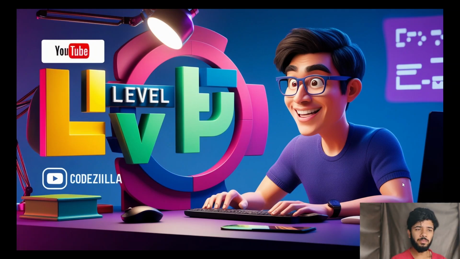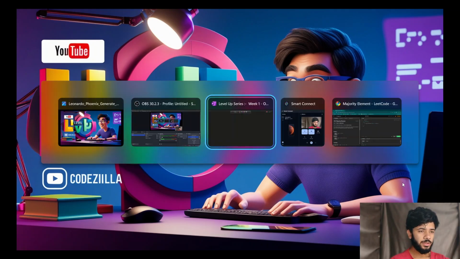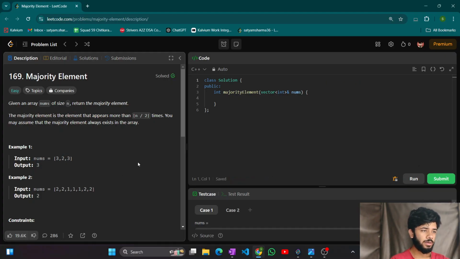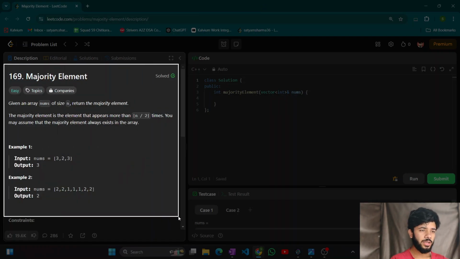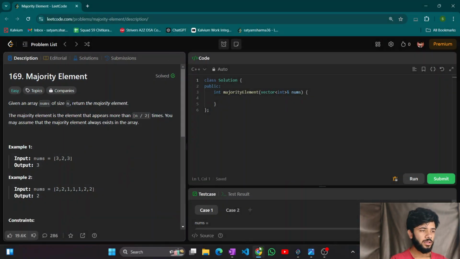So today's problem will be on LeetCode. So now let's go to LeetCode and see what the problem actually is. So this is the problem statement which we have got. The problem statement is named majority element. Now firstly, doing it in our traditional way and